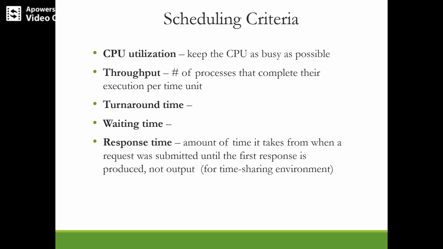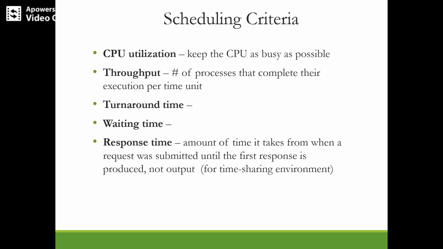The next criteria is throughput. Throughput tells us the rate of work done per unit time. If the CPU is busy executing processes, then work is being done, right? And one measure of this work is the number of processes completed per unit time. So how many processes have been completed per unit time? That gives the throughput. Throughput might be 10 processes per second, and this rate may be one process per hour for short transactions.